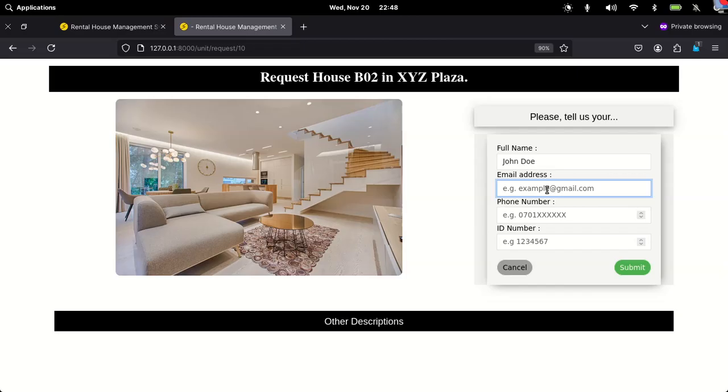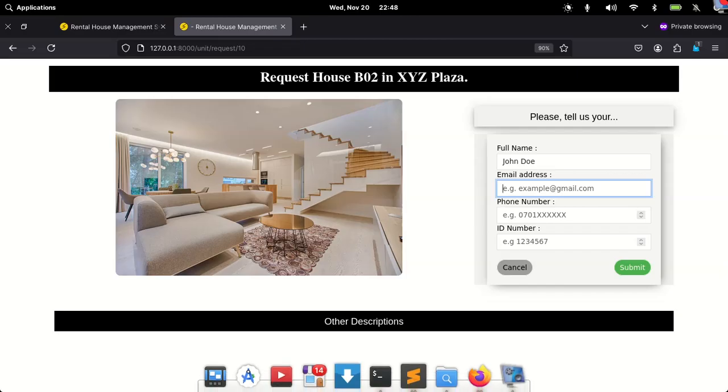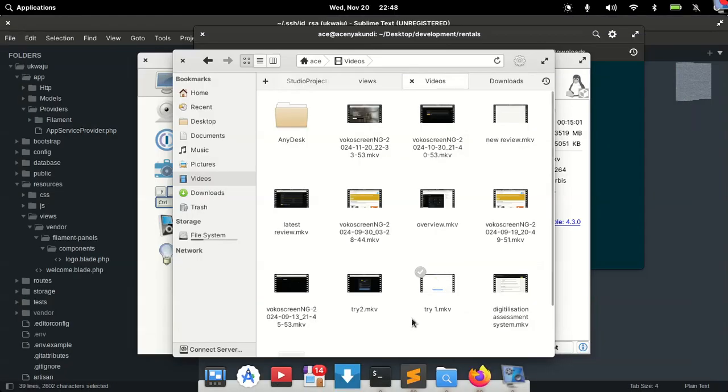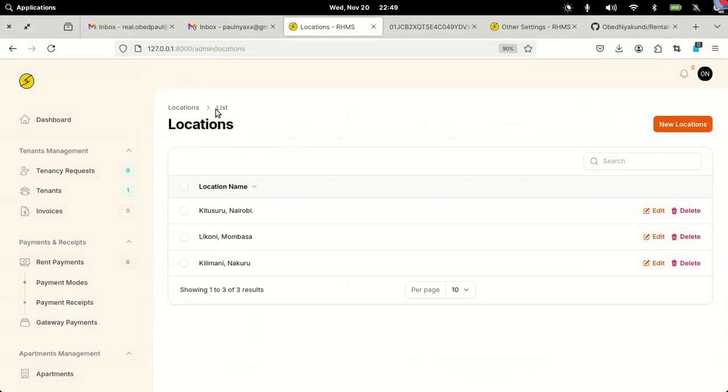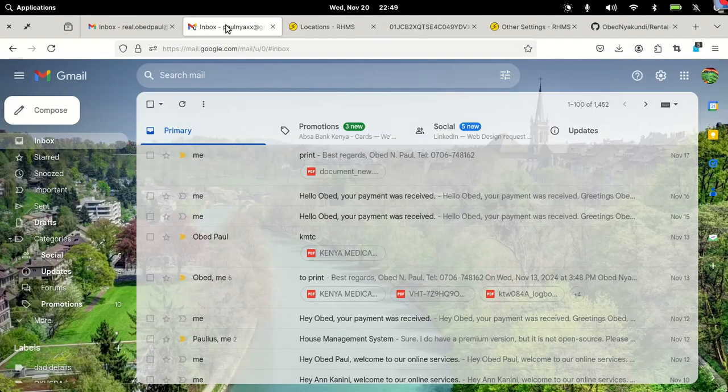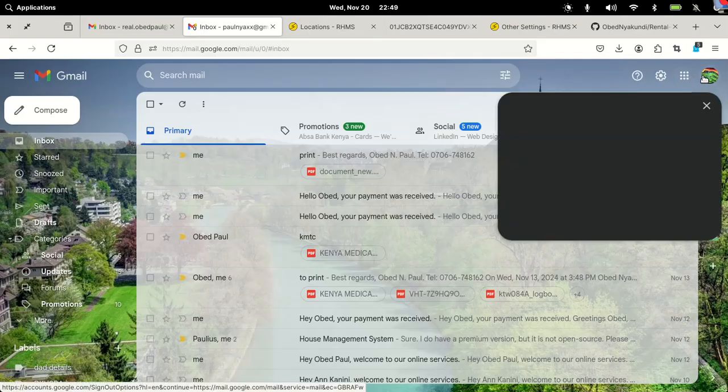The email address for John Doe. Let me use an actual email address. Like, let me use mine for the sake of illustration, because this system works, and if we give it wrong information, it throws absolutely serious errors that I don't like. I have millions of emails